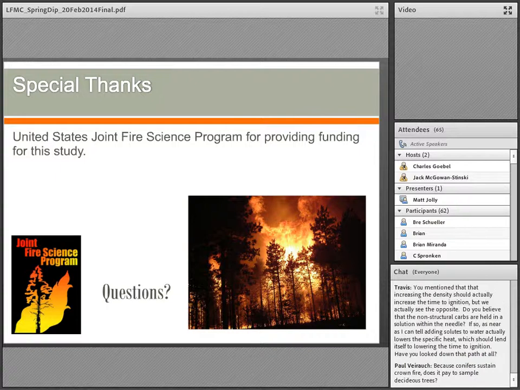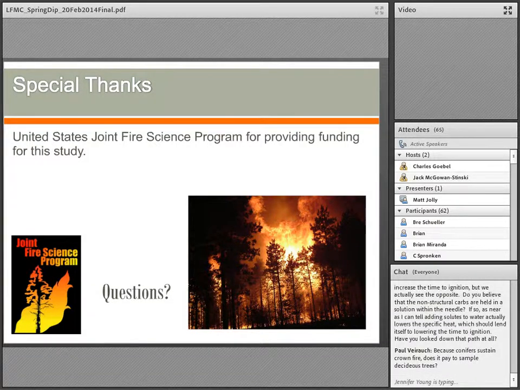And for example, we have a tree here in western Montana, a western larch, that doesn't burn at all, generally. But the reason that it doesn't burn very well is because it has a very low density of foliage. But when we take that same foliage and we put it into our ignition apparatus, we find out that it's actually very flammable. It's just that it never has fuel in a sufficient quantity in a small enough space to actually be able to ignite and spread. So I think we can still learn stuff from sampling deciduous trees.